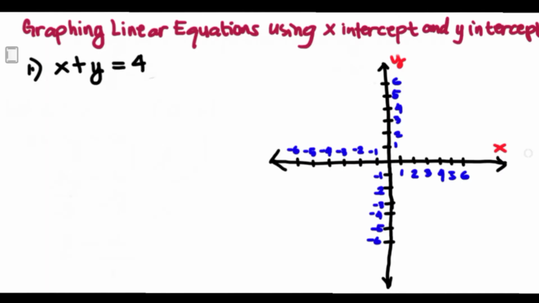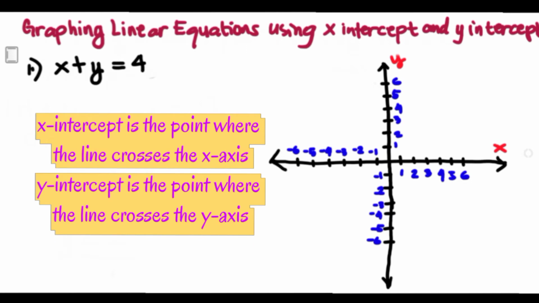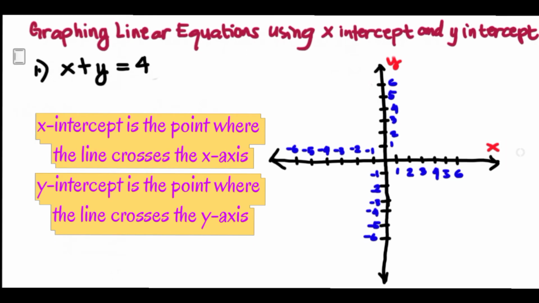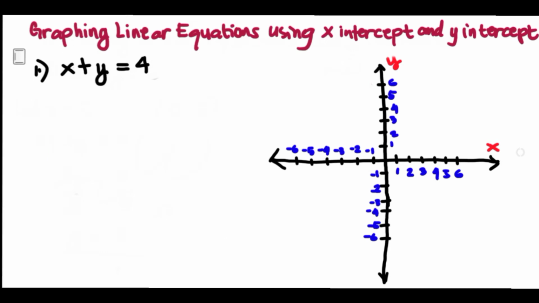So, ngayon naman, magagraph naman tayo ng linear equations using x-intercept and y-intercept. Kanina is using 2 points. Ngayon naman is using the x-intercept and the y-intercept. Pag sinabi po natin x-intercept, yan po yung dadaanan po ng graph ng linear equation sa x-axis. And yung y-intercept naman is yung dadaanan naman na point sa y-axis ng graph ng linear equations. So, let's start. So, to find the x-intercept,